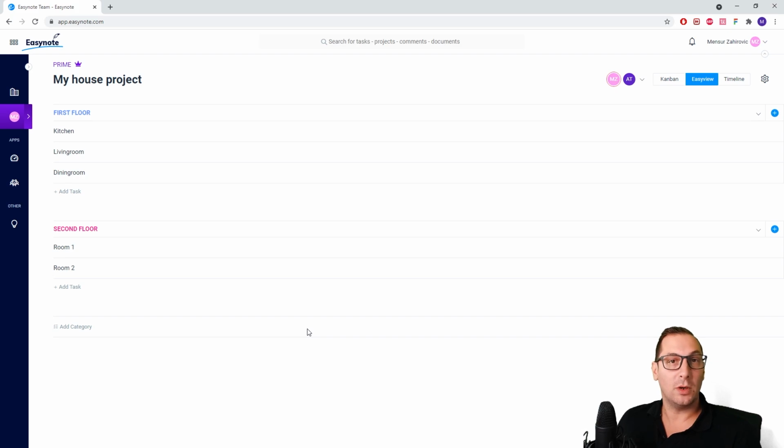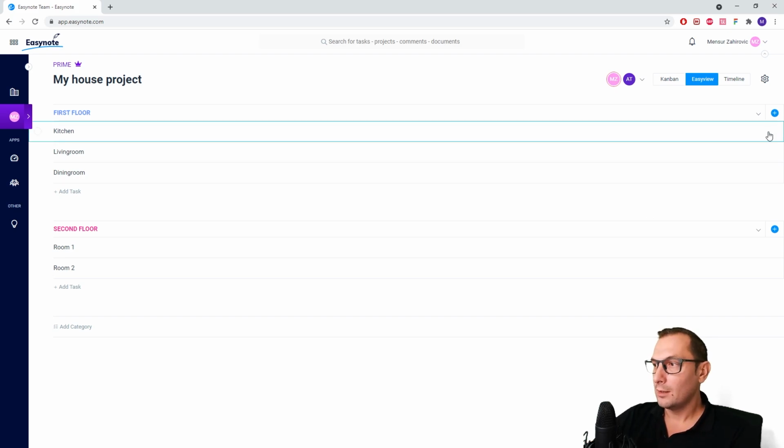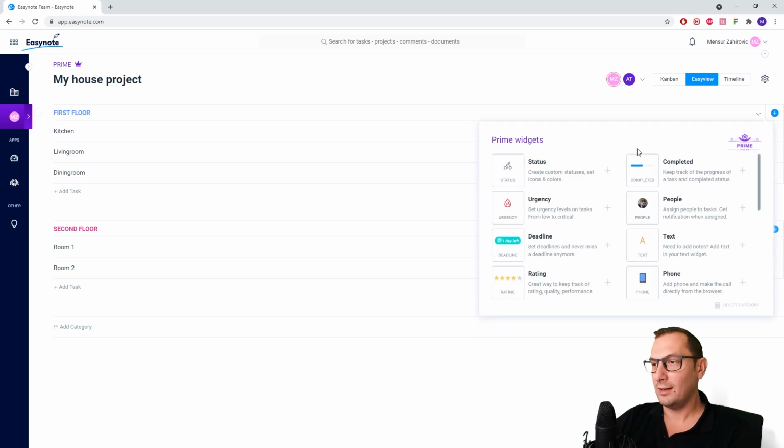Now we are coming to one of the most important parts in Easynote, and that is actually the widgets. Widgets are basically like columns in Excel. What's important to know is that you can add an unlimited number of widgets in Easynote, and you can rename them to anything you would like to. So let's get started. So we have widgets here, and there are many different widgets, status, completed, and we'll go